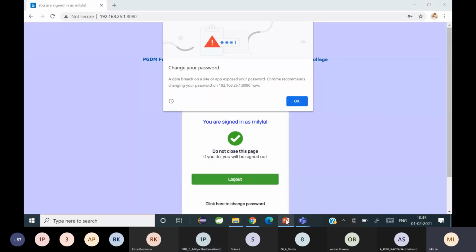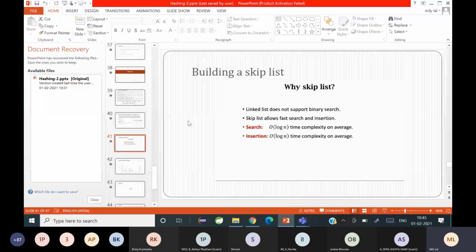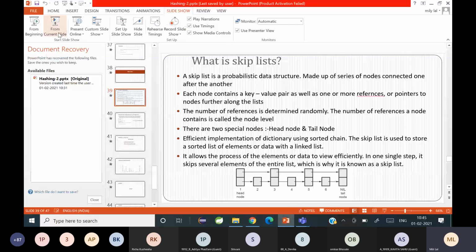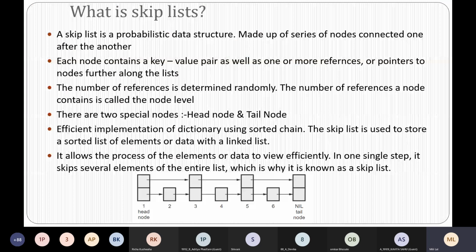So if you can see my screen, this is the skip list that we created right now. It is a probabilistic data structure. And what does a node contain? It contains a key-value pair and it can have one or more references.